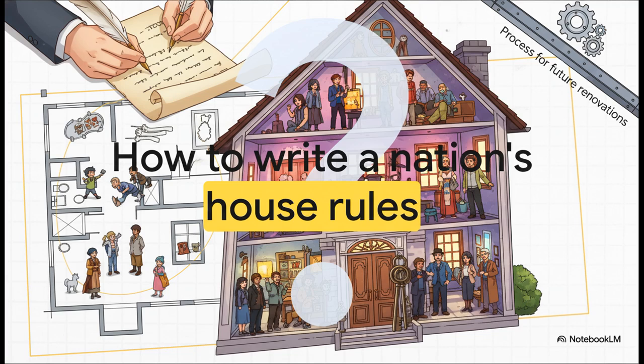So think about it. If a country is a house, how on earth do you write the ultimate set of house rules? This little thought experiment really frames our entire exploration for this explainer. The original architects had to figure out how to get hundreds of different linguistic groups, entirely distinct cultures, and varying religions to all agree to live under one single roof without the whole house collapsing on them. They had to draw the property lines, decide who gets the keys, set rules to protect the residents, and figure out a process for future renovations.